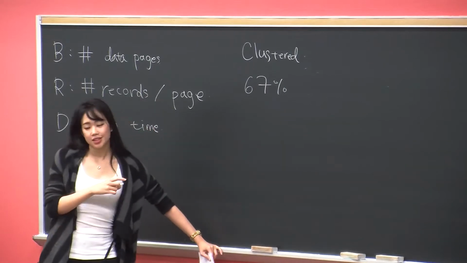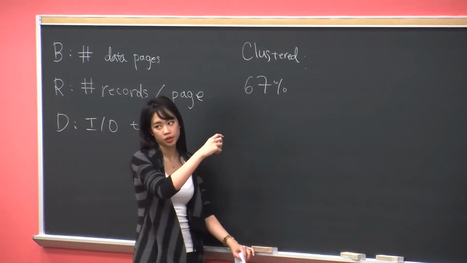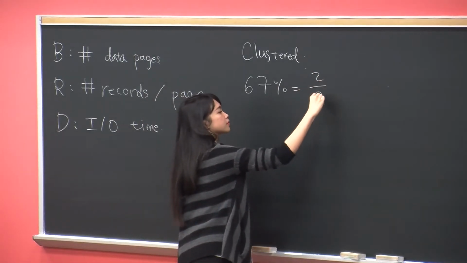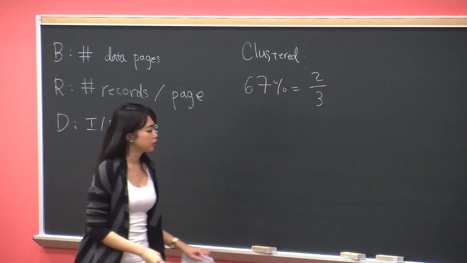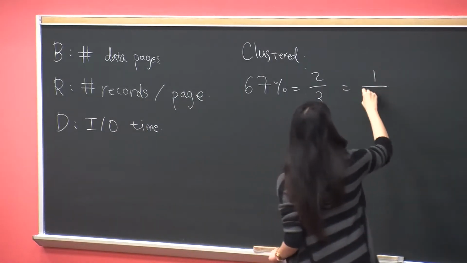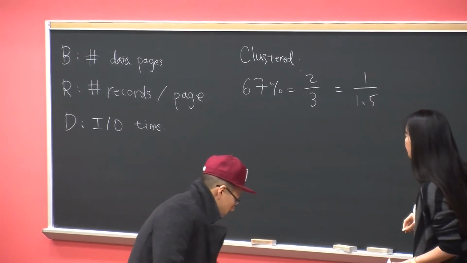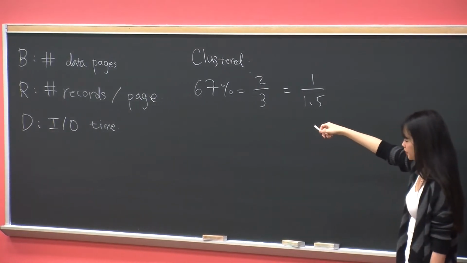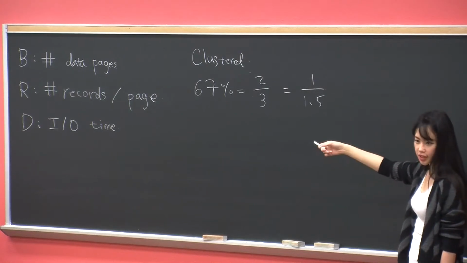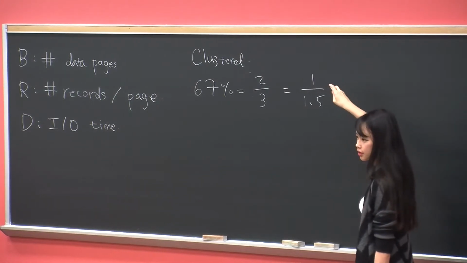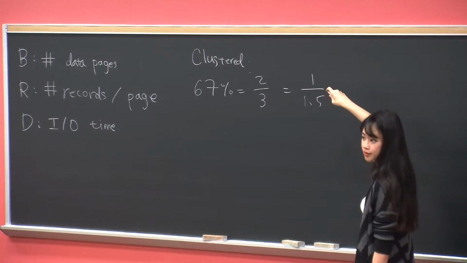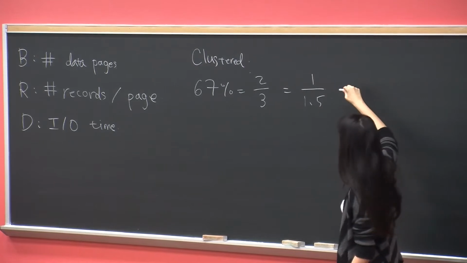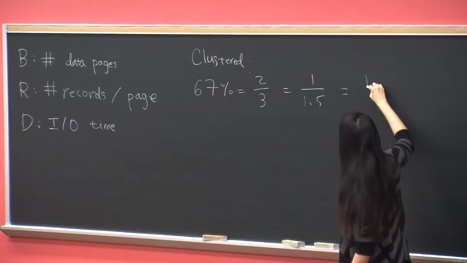So where does the 67% come from? What fraction? 2 to 3. So 2 to 3 equals 1 over 1.5. So if in total we have B data pages, then physically we actually have how many pages? It's on the slides. 1.5B,